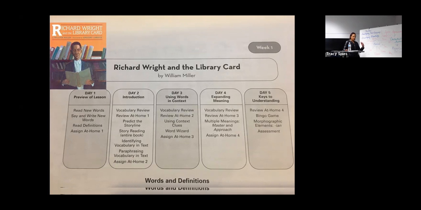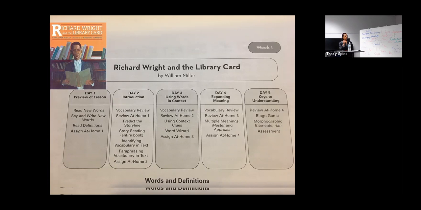There are two African-American writers whose lives were transformed by going to libraries. Richard Wright was one. James Baldwin was the other one who had a similar experience. So this was a children's book about Richard Wright and the library card. Notice here, I'm using a 5-day scope and sequence. For some reason, 5 days seems to be sufficient time to do whatever it is that a teacher needs to do in terms of teaching concepts and accelerating vocabulary knowledge. So let's look at